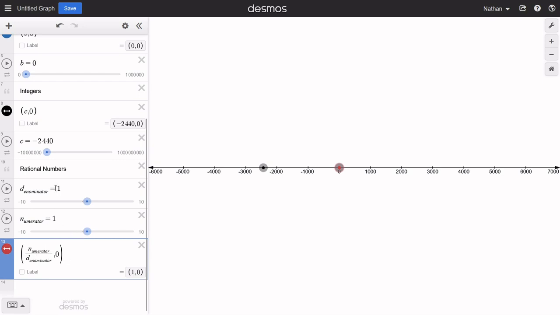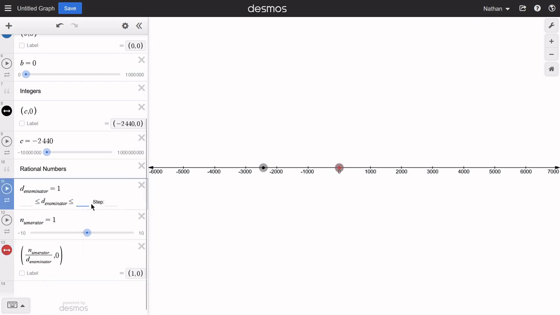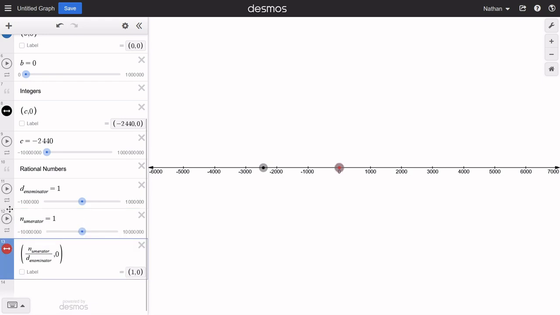And now, again, these can be anything super large and super small, but whole numbers, so it's up to 1. The same thing here, because again, it was all integers in the numerator and denominator. So again, think of this as going to negative infinity to positive infinity for both of these two sliders. I'll flip this around since numerator should be on top. And that is the